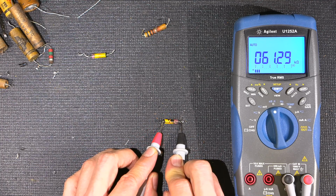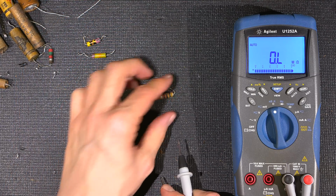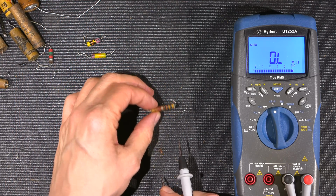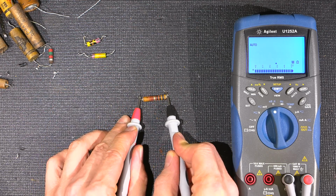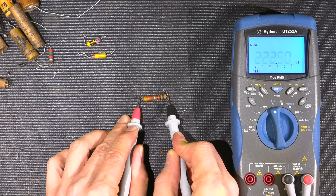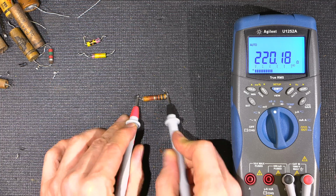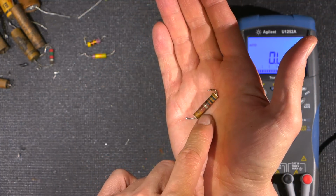Look at that, 61 k ohms. So these are way off, right? This one here was supposed to be 560 ohms. Somebody had replaced this, and it turns out that this one here is 220 ohms. So all the colors are burnt on this, and this is most likely from that bad sealed tight